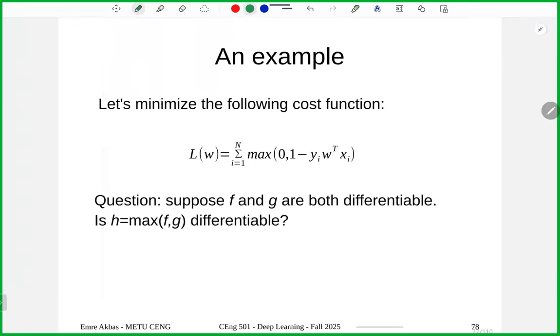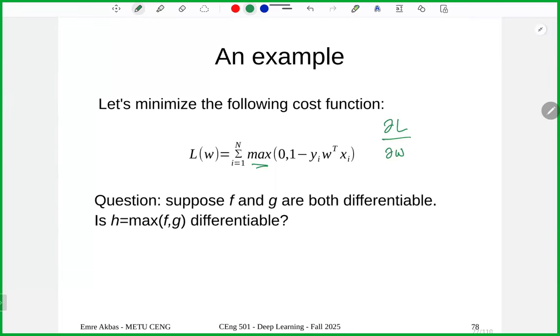An example, let's take the derivative or gradient of hinge loss. This is a little bit tricky because of the max function here. So if you want to minimize this L with respect to W, what you need to do is take the derivative of L with respect to W. Easy, right? But how do you deal with these